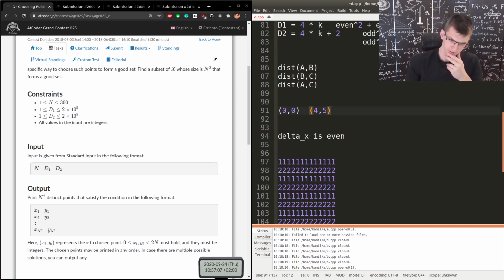No. I wanted to say that in some case I can choose a solution only among ones, not bothering with twos. If I'm fine with any even, odd distance,